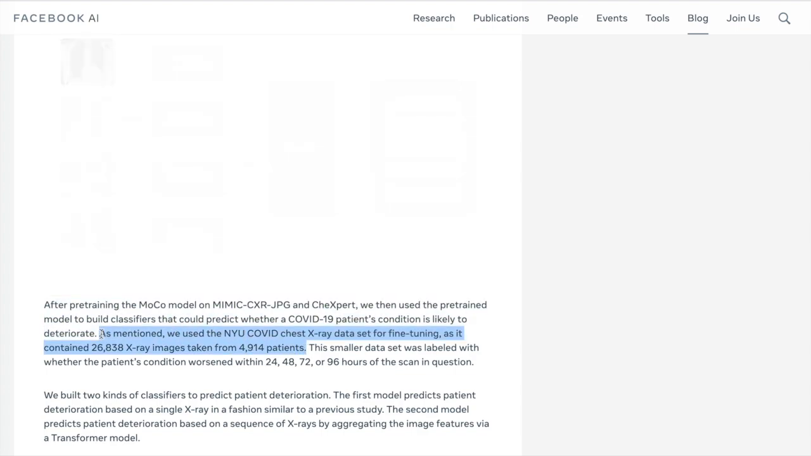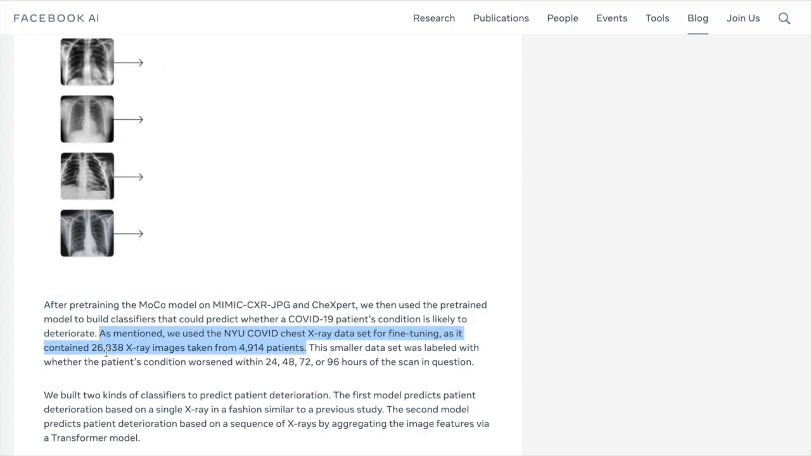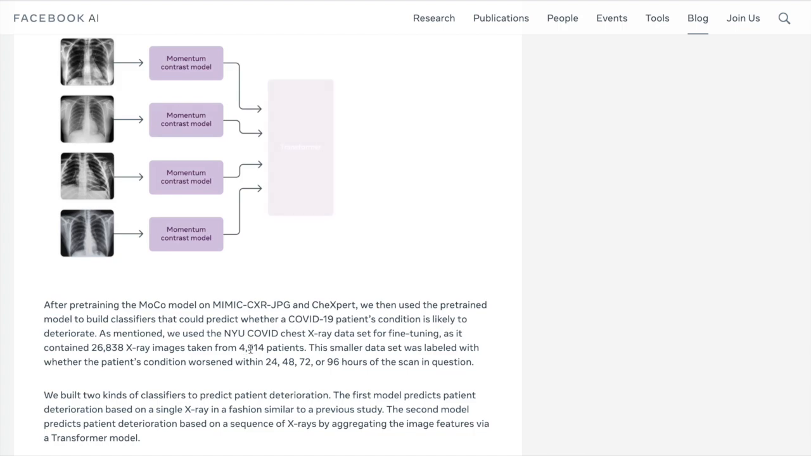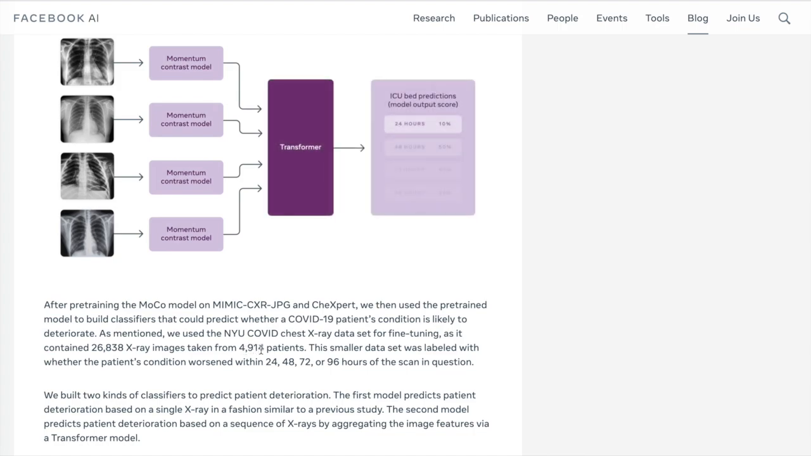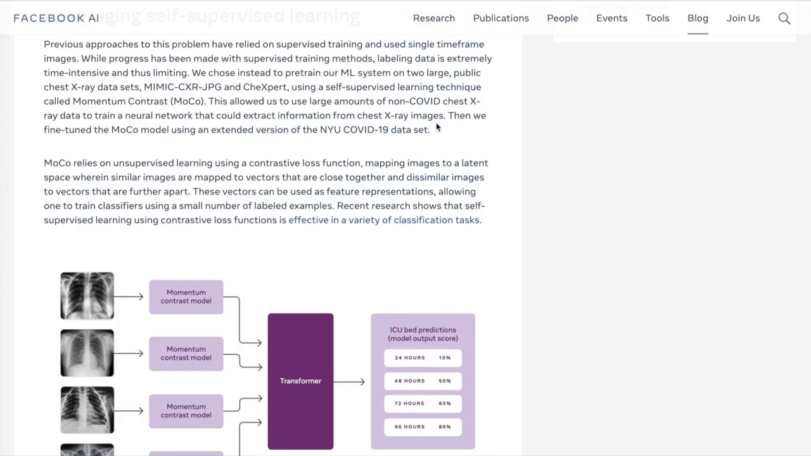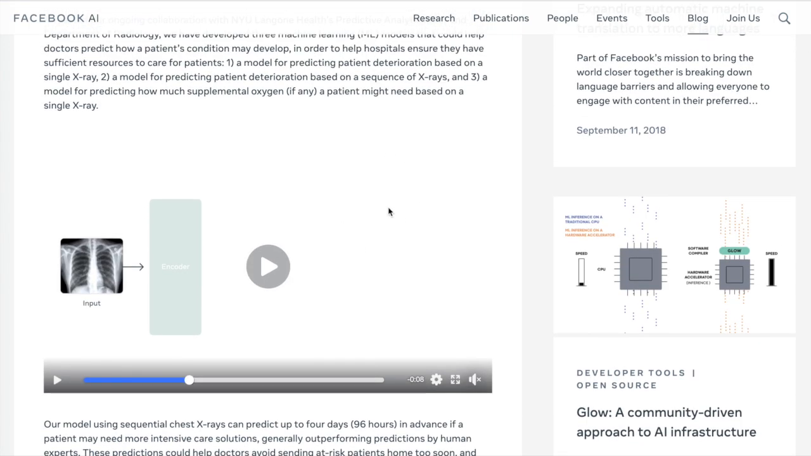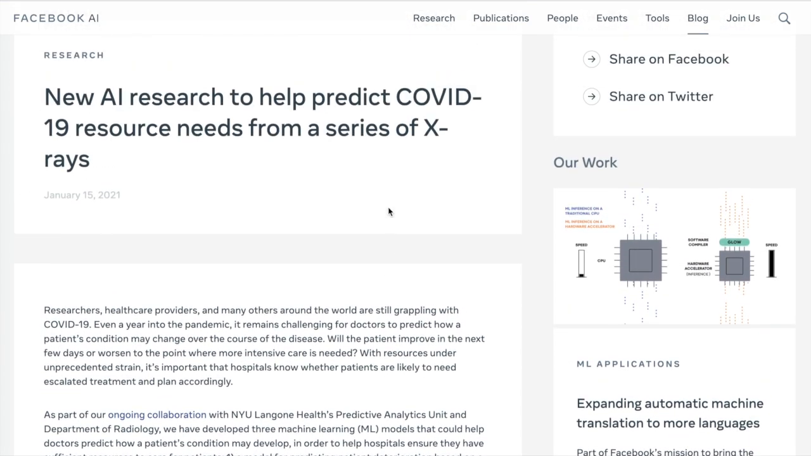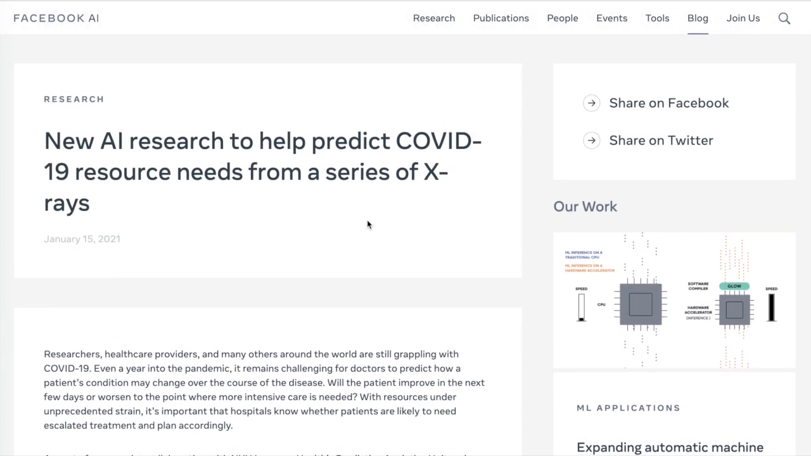You see mentioned here, they have 26,000 of these x-ray images that are taken from 4,914 unique patients, and it's done over this window of 24, 48, 72, and 96 hours as they take each image and then the reading of the ICU bed predictions, as well as this oxygen reading in the first example. So this is the most cutting edge example, and I will get into more of the foundation of the papers